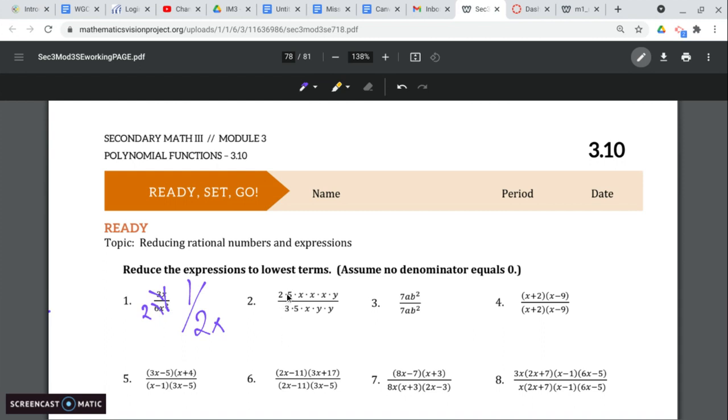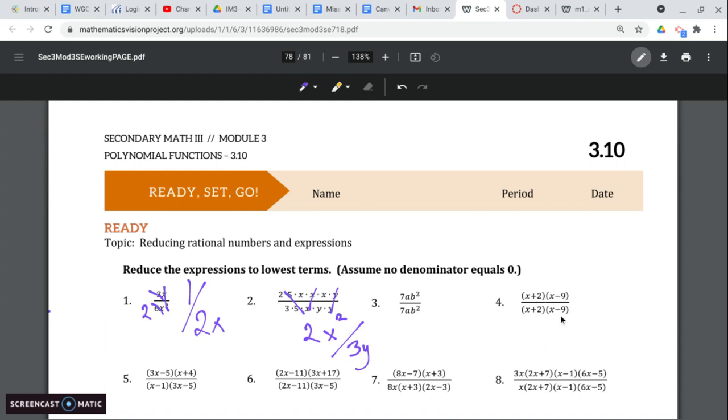Number 2, we have 2 times 5 times x times x times x times y. And we have 3 times 5 times x times y times y. Well, cancel out what they have in common from top to bottom. So we're left with 2x squared over 3y. And that's our answer. Number 4, we've got x plus 2 over x plus 2 and x minus 9 over